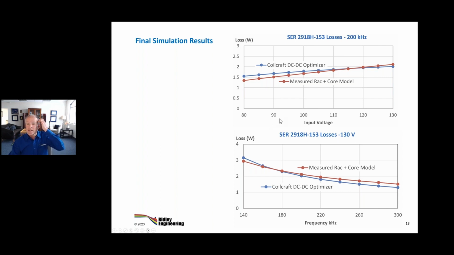So why did we miss a little bit? Well, to be honest, we don't know which material they're using in this inductor. We can only guess at it, because one of the modern trends of the magnetics manufacturers is to not tell you anything about the design. So certainly they're not going to tell you the core material. So then you say, well, how do I do worst case analysis on this part? Well, you can't. There is no worst case analysis. If you don't know the core material in there, then you really don't have a hope of getting to the worst case results.